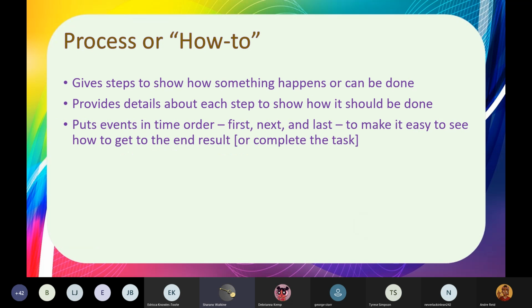All right. So this is the how-to, my favorite. Remember, give steps to show something happens or can be done. And it should be written in sequential order or chronological order. Like, for example,